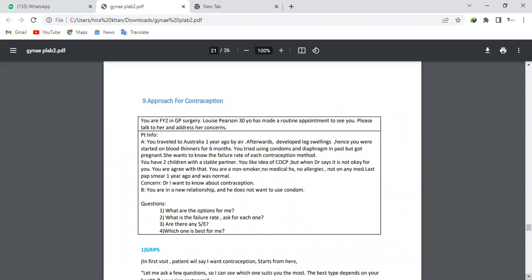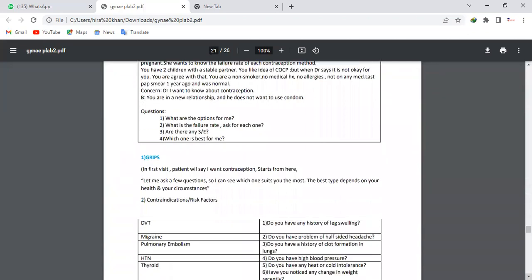So this is the last scenario for us, the contraception. For contraception, you should know that these scenarios are very, very different from the other ones, actually. These scenarios will come in a way like the patient will ask about the proper contraception for them. There are a few areas that you are supposed to cover for the contraception. So let me discuss it with you.